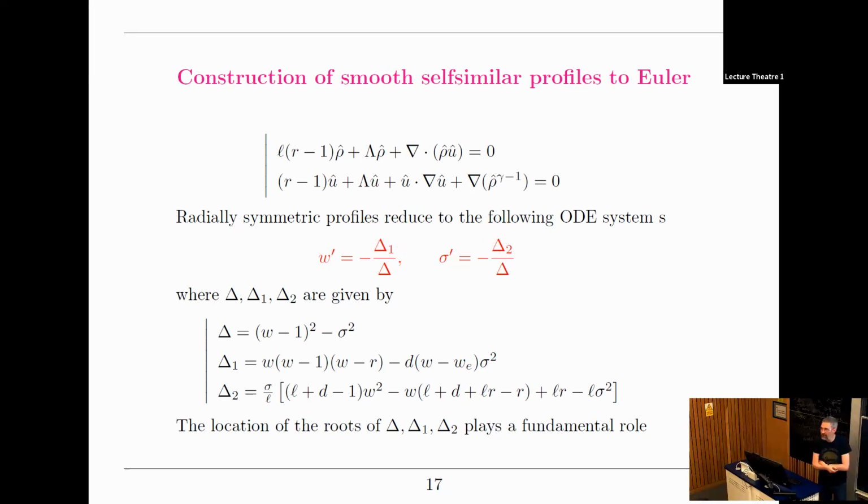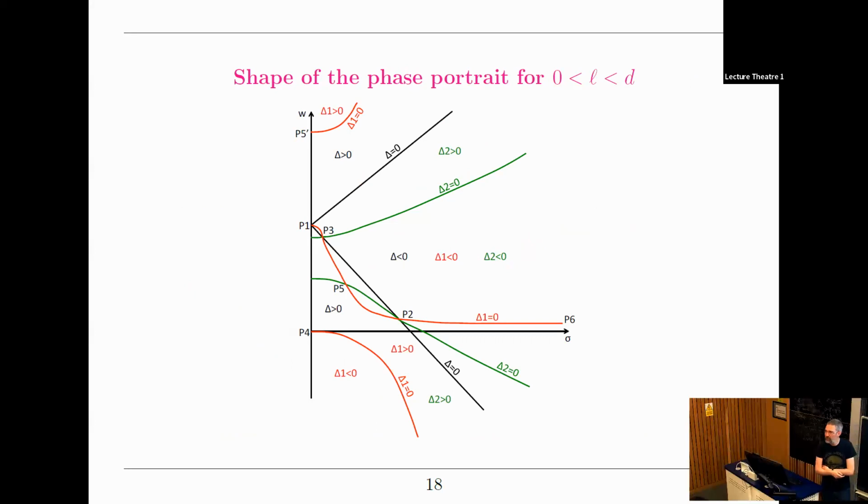I think this was exactly the game that we played yesterday. So you want to cross at a point where delta 1 and delta 2 also vanish, so that at least you have a chance to be smooth. It doesn't mean you will be smooth, but at least you could hope for it. Which means that you're looking at triple points, the triple zeros, where the zero of delta coincides with the zeros of delta 1 and delta 2. And in fact, on the picture, you can see there are two such points. I have two triple points. I have the P2 point here, which exactly coincides with the intersection of the red, the green, and the black curve. And I also have the P3 point. So in other words, I want to go from P6 to P4 by going either through P2 or P3.